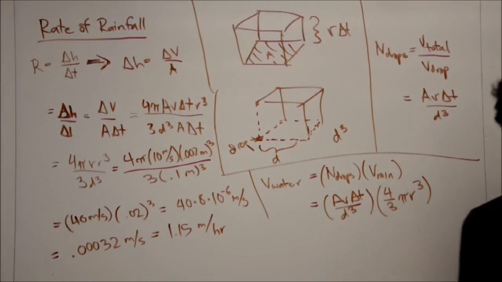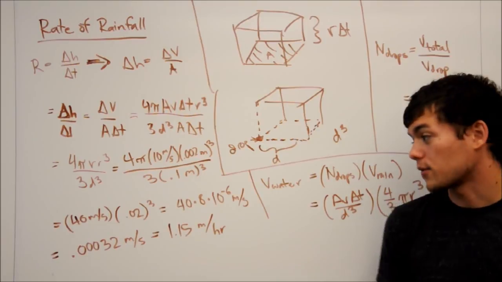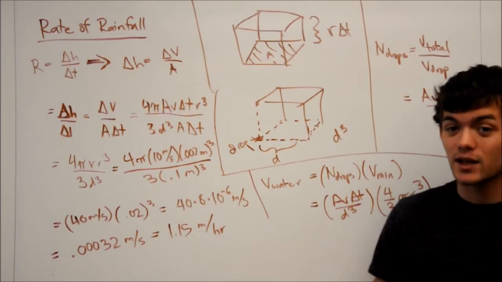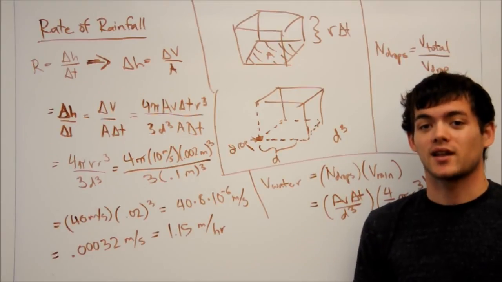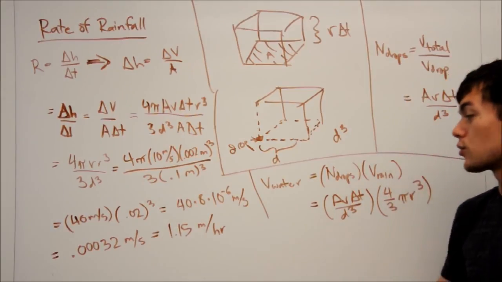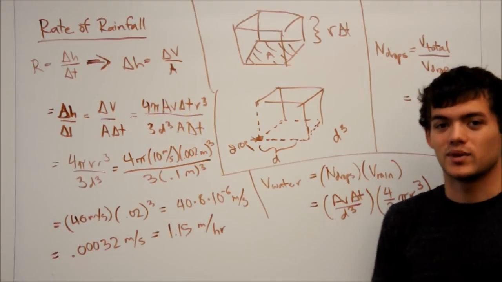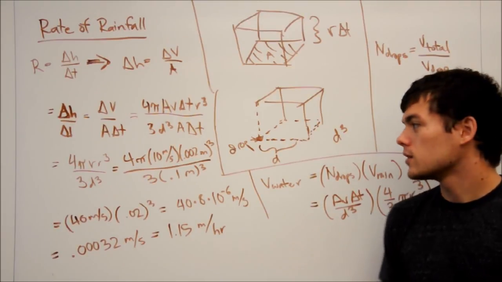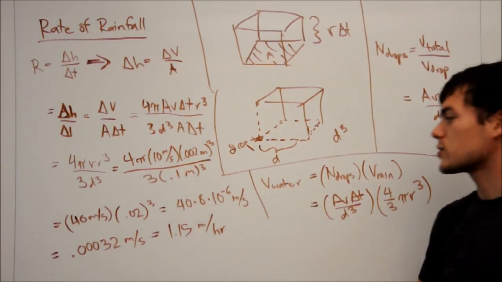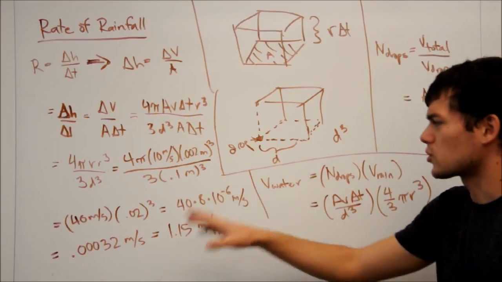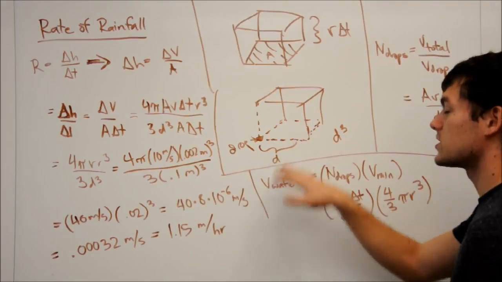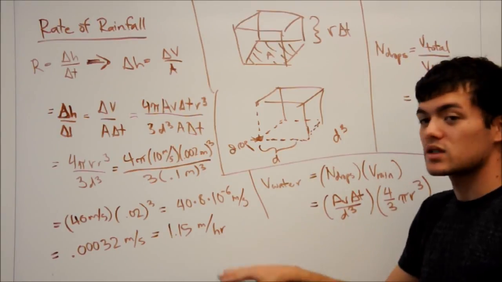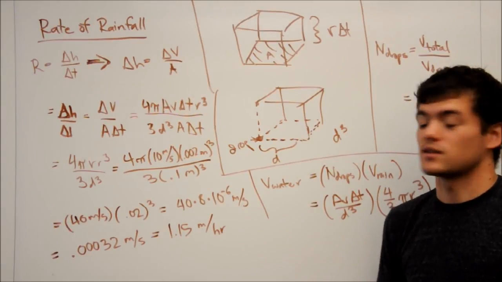So probably there's something off with our parameters because this is an insane amount of rain. 1 inch per hour is already a very strong rainstorm, so 1 meter per hour would be unthinkable. So probably there's something wrong with either our terminal velocity or the radius of a raindrop, or possibly D, the distance between raindrops. But there's something wrong because this answer is very, very